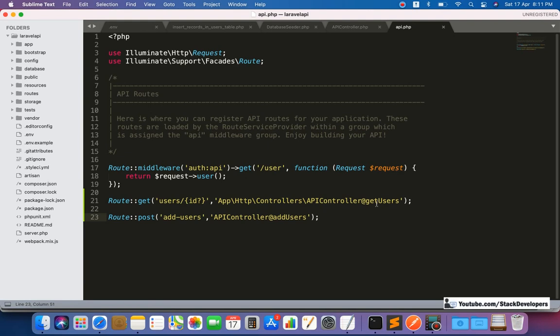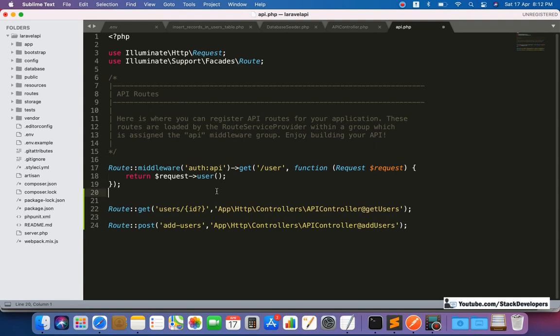Here we will add the route like this, add user, API controller. Now we are going to create this function, but here we also need to add this one so that we can connect. In Laravel 8 we are required to add the full source, but we can do one more thing.